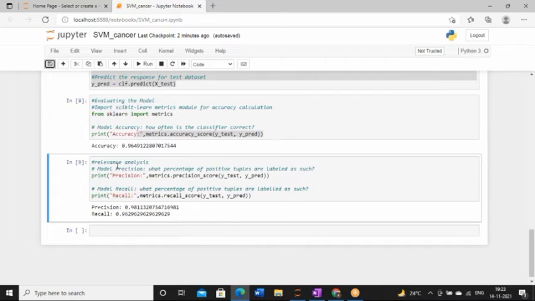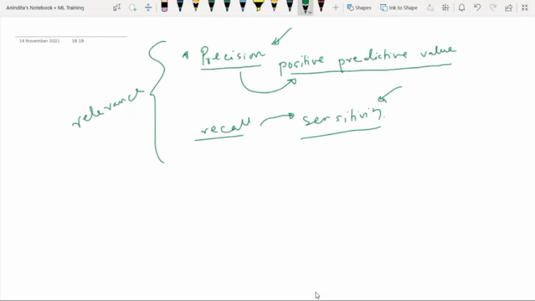Right? So here what is recall? Recall means true positive value divided by relevant elements. How many relevant elements you have? So here you have to keep in mind the formula. Whenever I am talking about precision, it means true positives divided by selected elements.